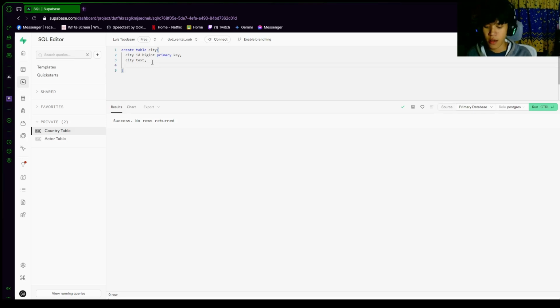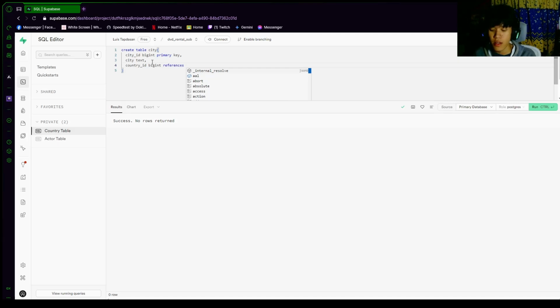So I'll be using the country ID. This is the primary key of the other table that I have made, and we're going to add its data type first, and then we're going to be using the syntax for the foreign key, which is references, and